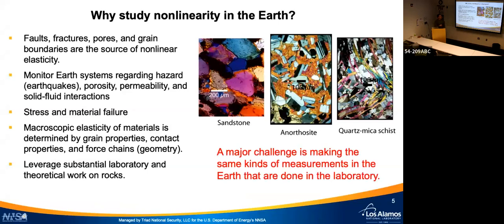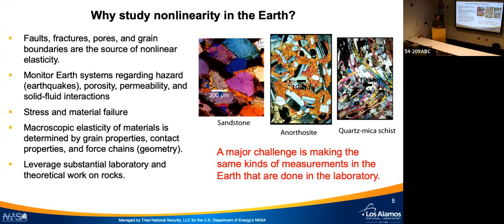So why should we be studying this in the Earth? Well, faults, fractures, pores, and grain boundaries are the source of nonlinear elasticity. These are just some examples of what rocks look like if you put them under a microscope. And as you can see, they have crystal grains that are micron scale or tens, hundreds of microns. And so you can imagine that the way that stress is transmitted across something like this is pretty heterogeneous. The elasticity of the grains themselves matters, but also the contact properties and how stress is